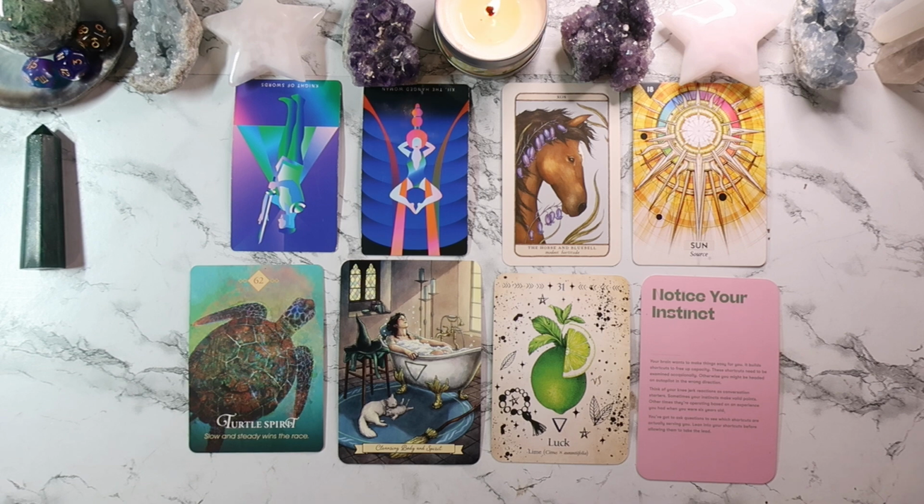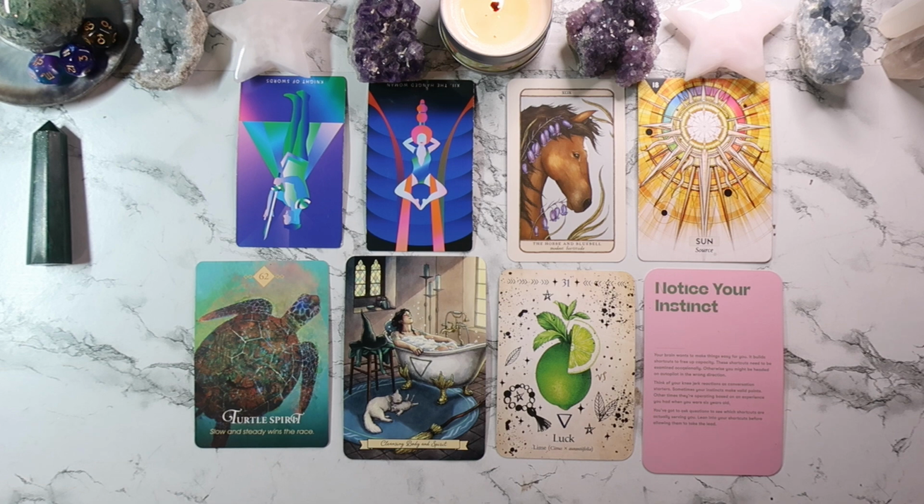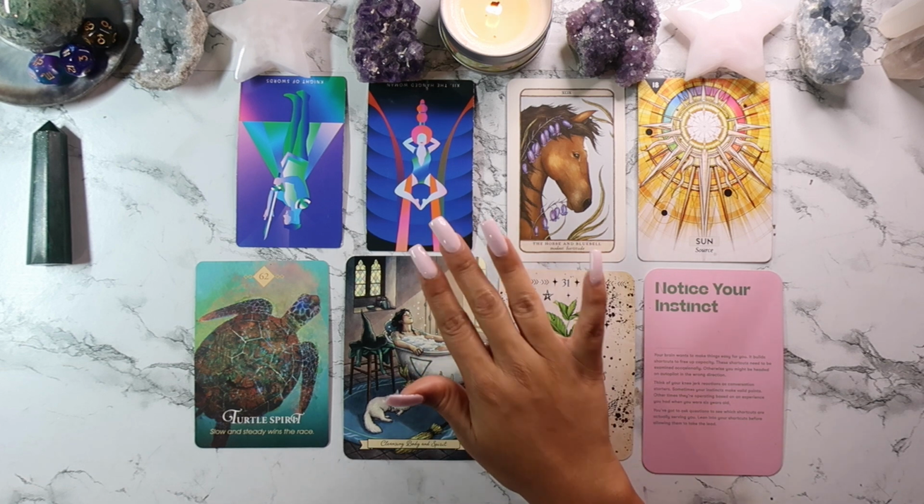Like slow down, set really clear financial goals, right? So that could be like, I would like to manifest $5,000 next month. That's a clear financial goal. It is specific, it is measurable. With the Hanged Woman in reverse here, I feel like maybe some of you in this